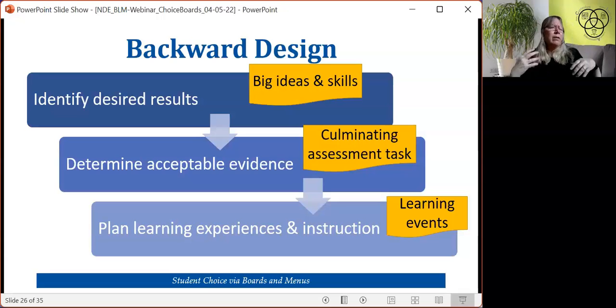No matter what, I don't care if you're building a lesson, a choice board, or a playlist, we always want to figure out what it is that we want: the big ideas and skills, those desired results. Then we work our way down to the events. Too often, and this is where I can tell the difference between a novice teacher and somebody who's had a couple of years of experience,